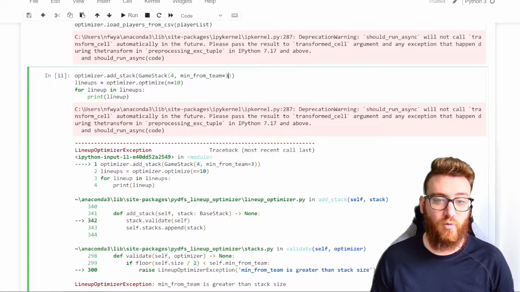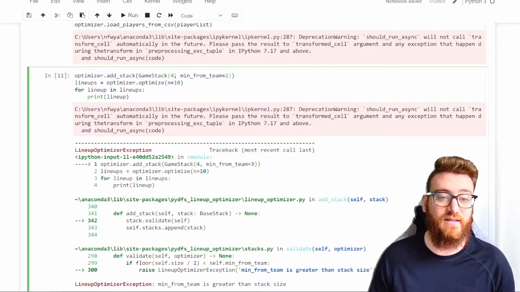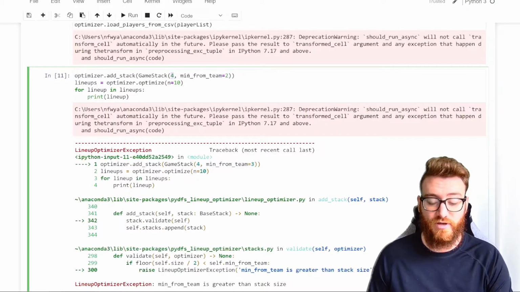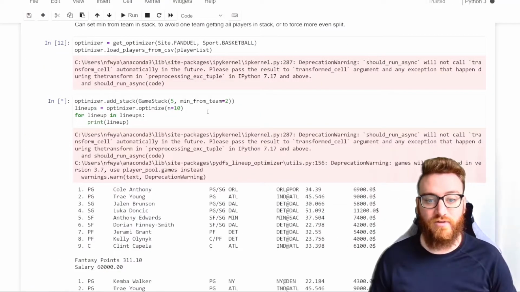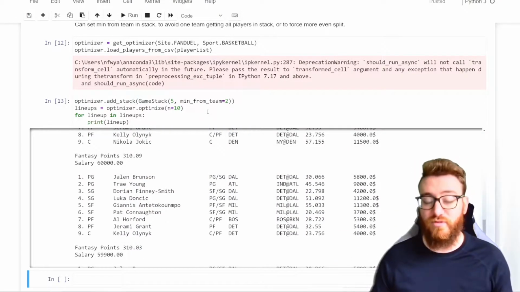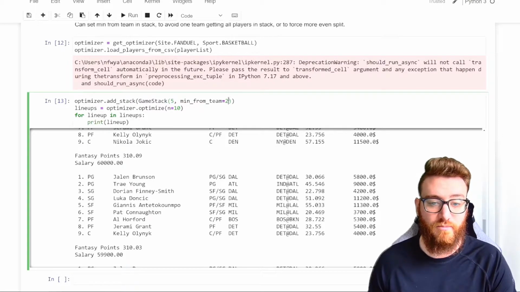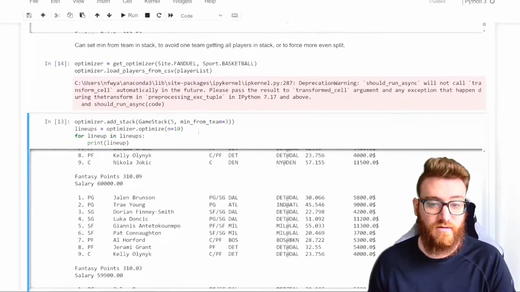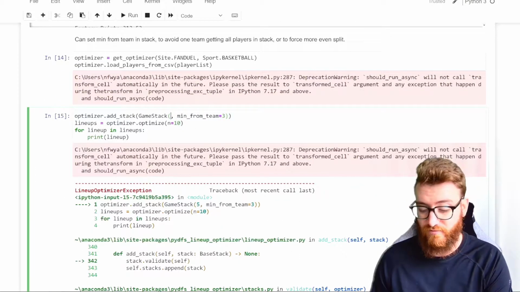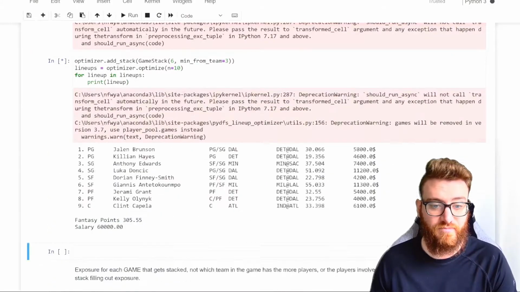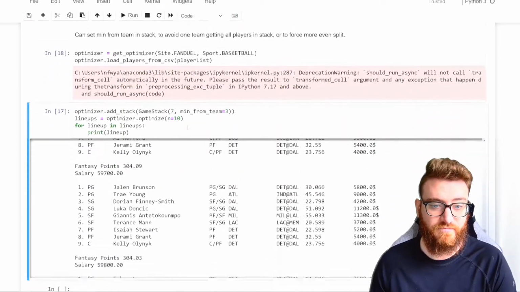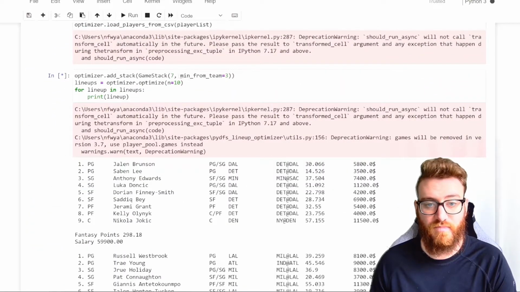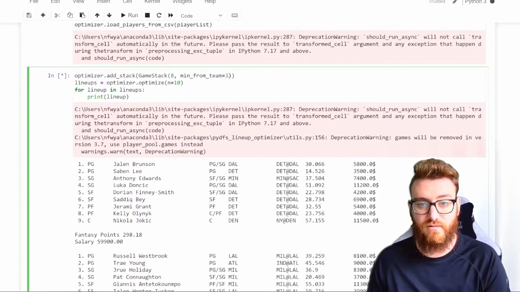So if we're only stacking 4, we need the min from team to be less than or equal to half of this number. We could do min from team is 2 and a game stack of 5, and that's going to give us 2 and 3 from either team. It could be 2 of one, 3 of the other. Next one could be 3 of one, 2 of the other, right? But we can't do 5 and 3 because that's looking for 6 players that we don't have. If we try and run 6, that'll work. If we try and run 7, that'll work. If we try and run 8 and 4,